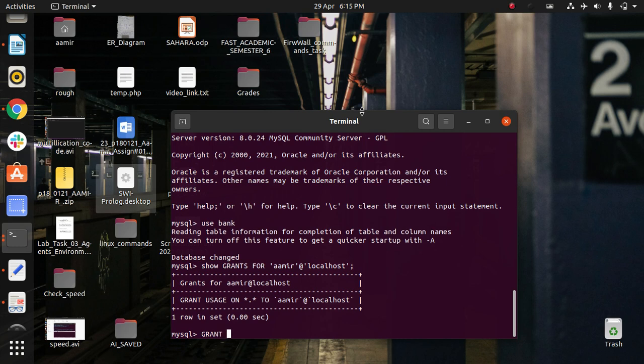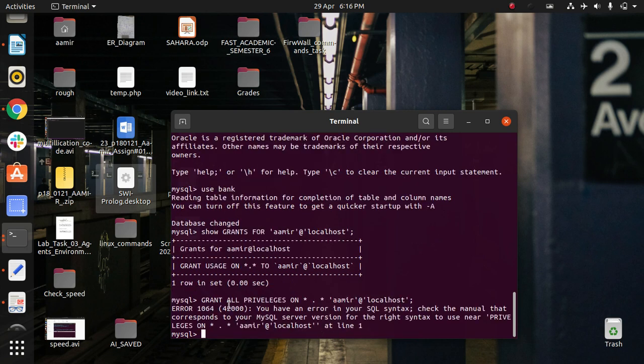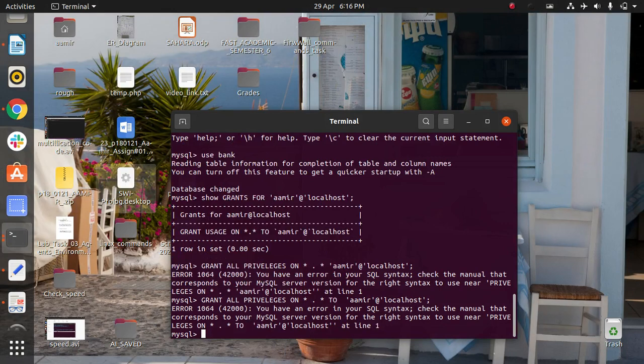Write this query: grant all privileges on bank, the star means all rows and columns inside the bank database, to Amer at localhost. Everything is correct.